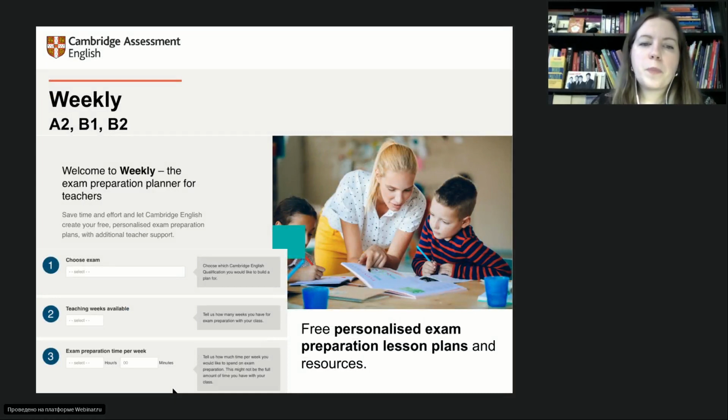This resource, Weekly, is specifically for exam preparation. If you do any of the Cambridge exams at, well, A2, B1, B2 levels, you can plan the preparation time and time management for this with your student. So you see this box here, you choose an exam, you choose the number of weeks that are available, whether it's coming soon or you have more time, and then you put down the amount of time that your students are willing to spend weekly. And what you get